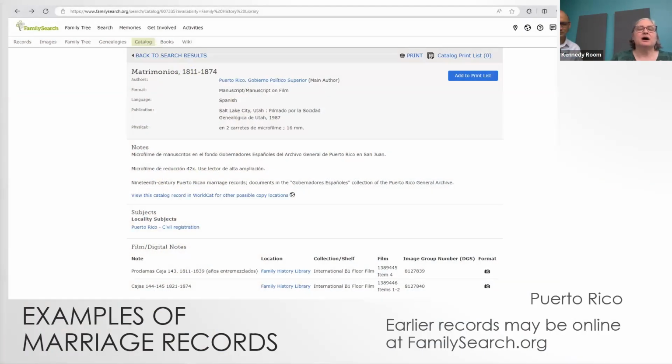Here's an example of a way to find a marriage record. This is Puerto Rico, and these records are on familysearch.org. And this is the catalog listing. What I did to find this, under search, I chose catalog, and then I went to Puerto Rico, and then I chose marriages. And clicked in, and okay, they have marriages in Puerto Rico from 1811 to 1874 in this